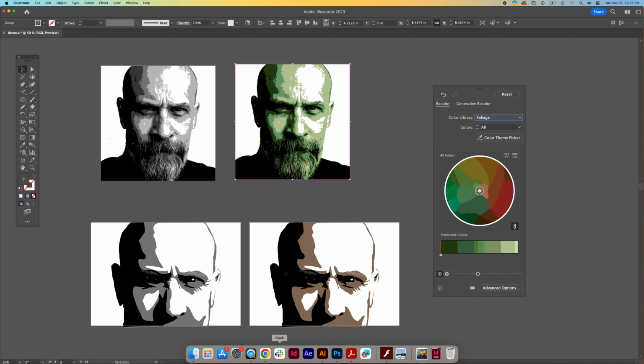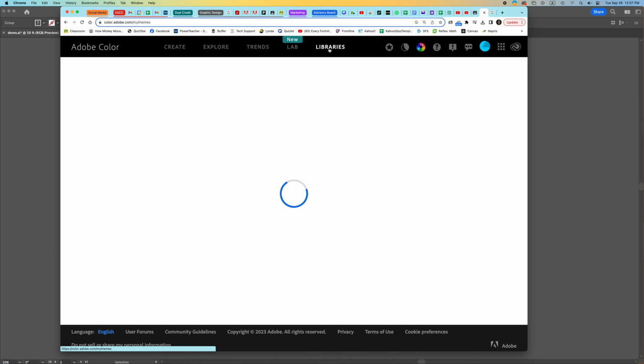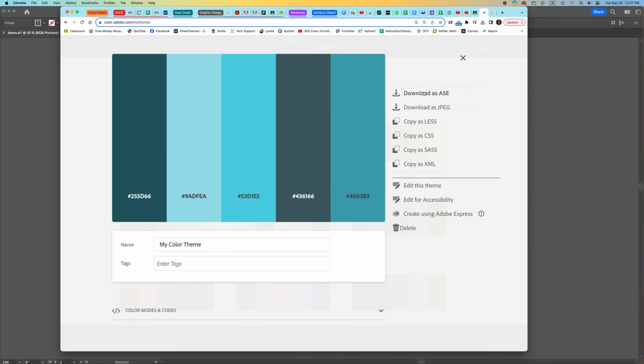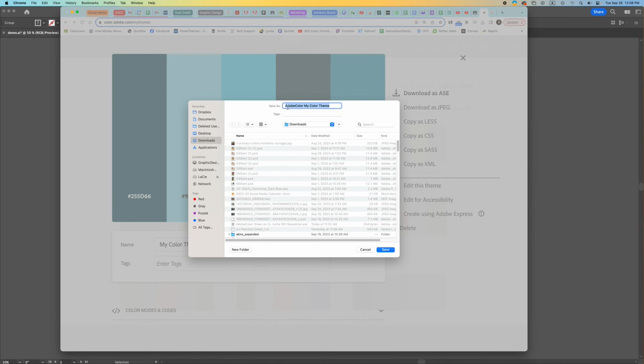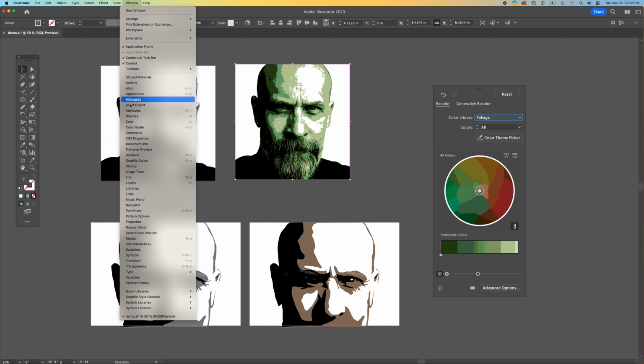But what I can do is go to my library. So come up here, and I can go to my library where I just saved that color scheme, and I can download this as an Adobe Swatch Exchange, so an ASE file. If I download that, this is going to be Adobe My Color Theme. I can change the name of this if I want to. And then if I go back into Illustrator, I would want to go to Window, Swatches,